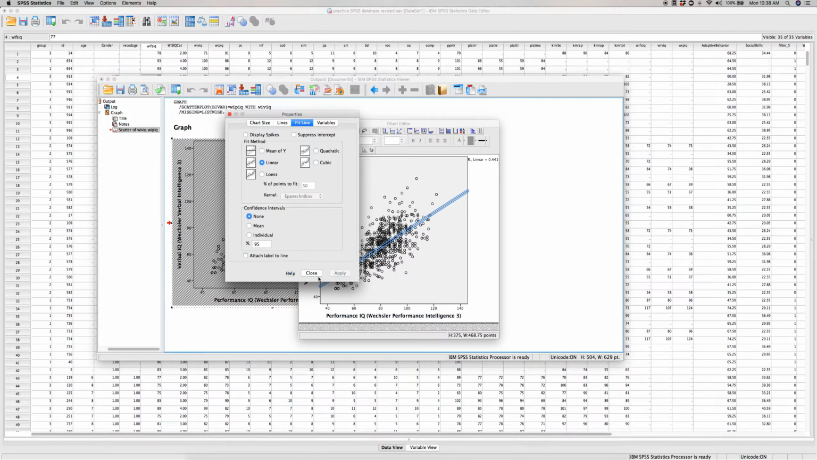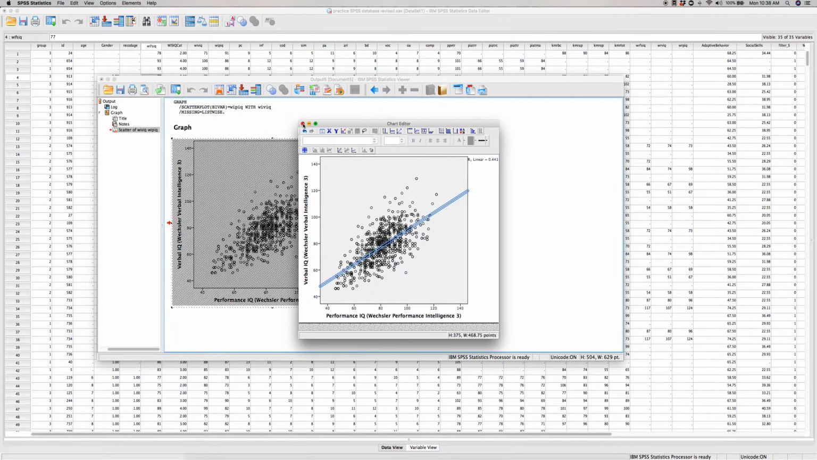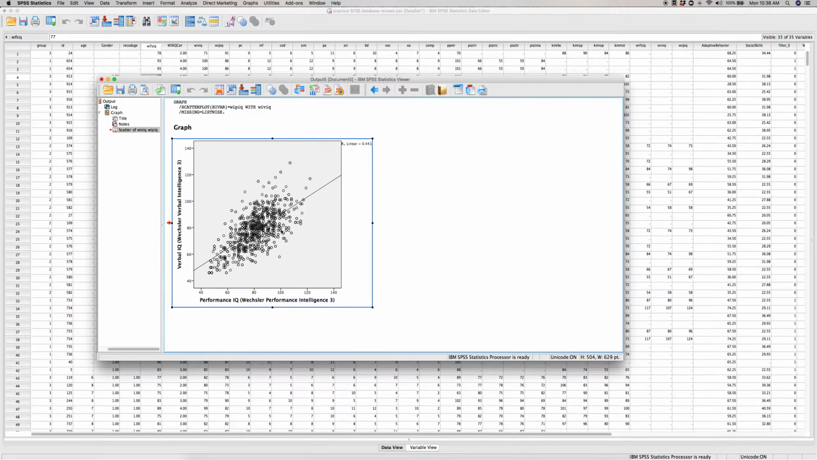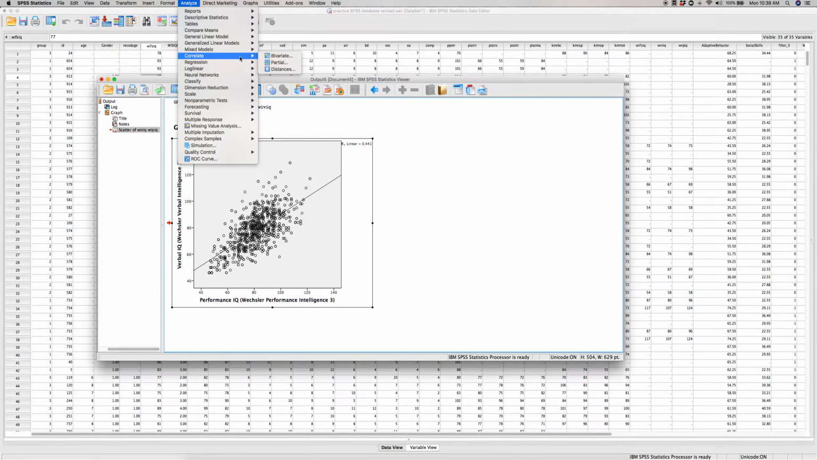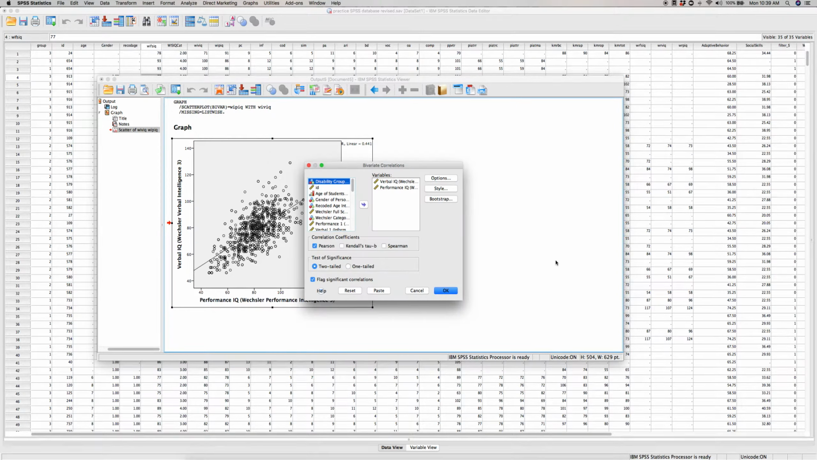So then you'll push Apply, Close, and then when you close this window, you can see the linear relationship there, and it's actually going to give you your r squared here as well. So that gives you your linear relationship. Once you confirm that a linear relationship is in fact present, then you can proceed to doing the correlation calculations. So to do that, you'll go to Analyze, Correlate, Bivariate, and then you're going to put your two variables